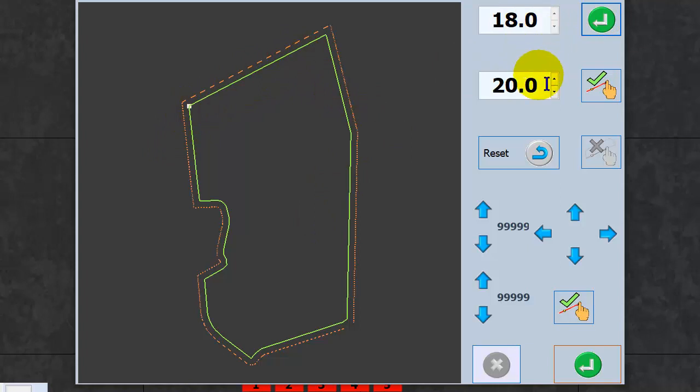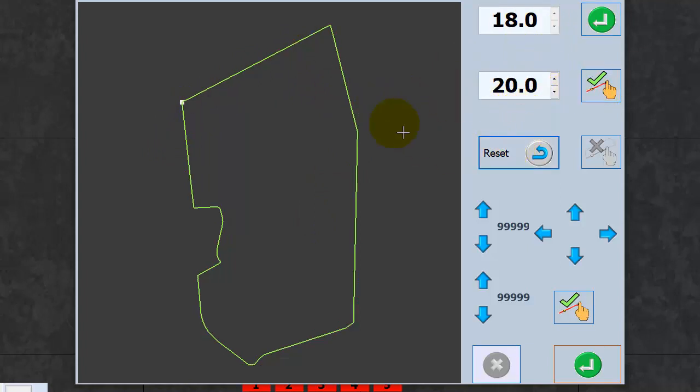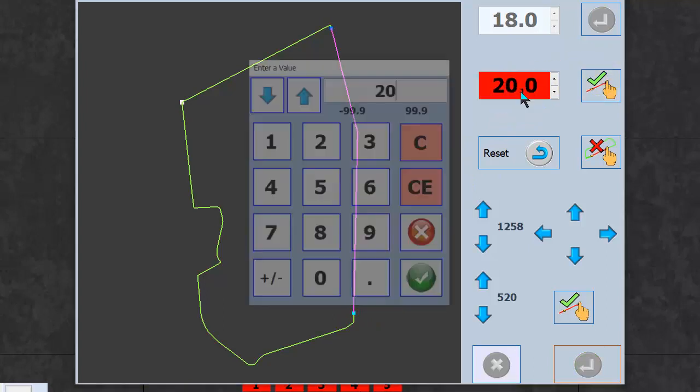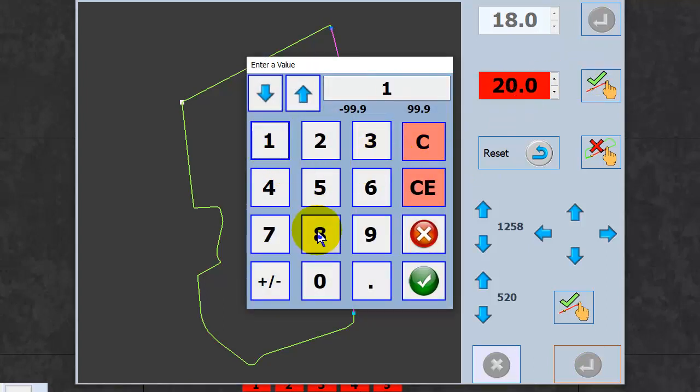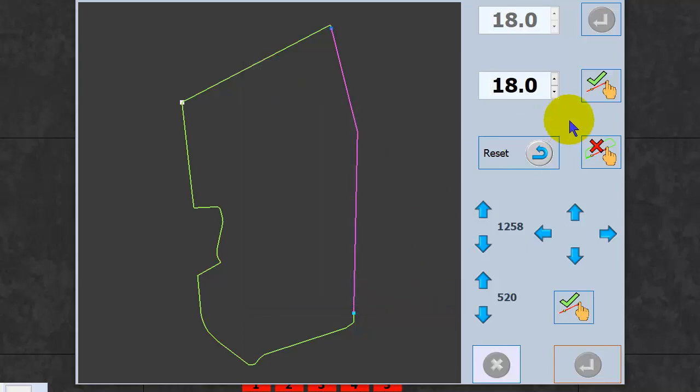That's what this does. This allows you to select a certain portion. We'll just reset it. Select a certain portion and move that chunk. So suppose we want to move it 18. Then we can just move it, and it moves it inward that amount. If you want to move it outward, you just go minus 18. Now you can reset,